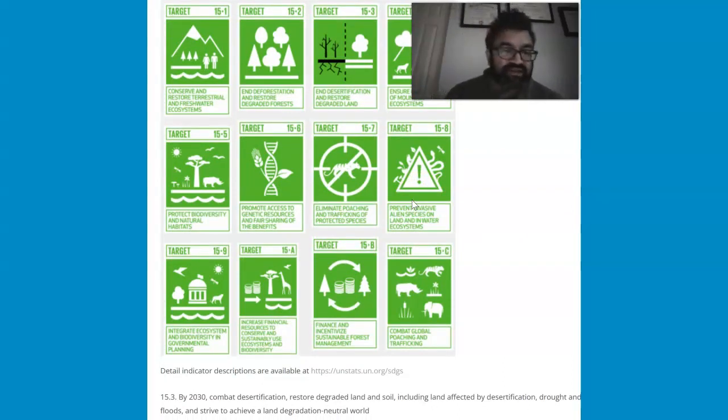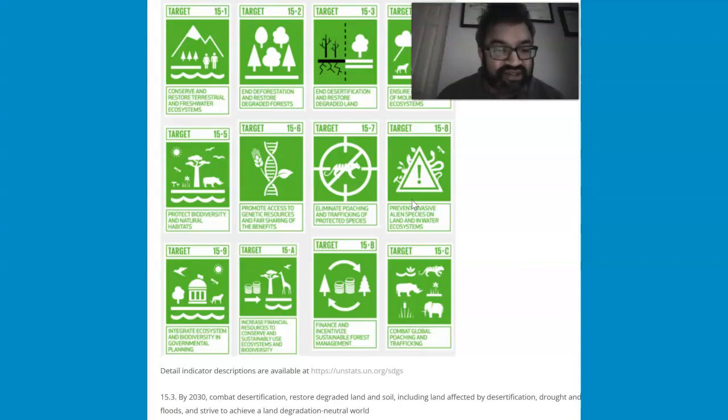A lot of times what happens is a plant that is in balance in one environment, when you transplant it to another area, actually takes over and starts to eliminate some of the other biodiversity. Kudzu is an example of this. Then integrating ecosystem and biodiversity values in governmental planning,